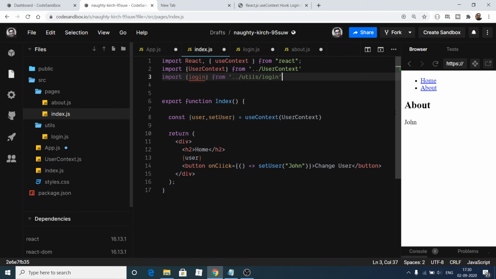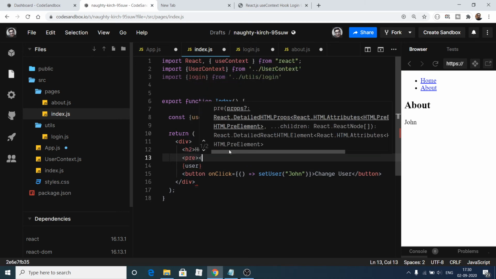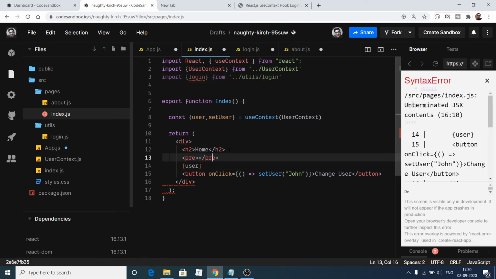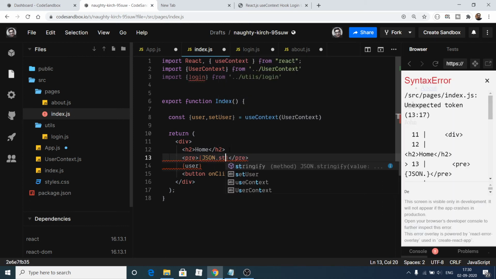After importing it, we need to get the user here. So after this h2 tag, inside the pre tag we can print out the response. Inside curly brackets we can use a function, json.stringify.